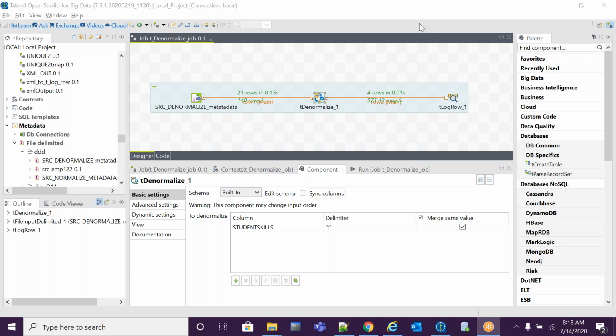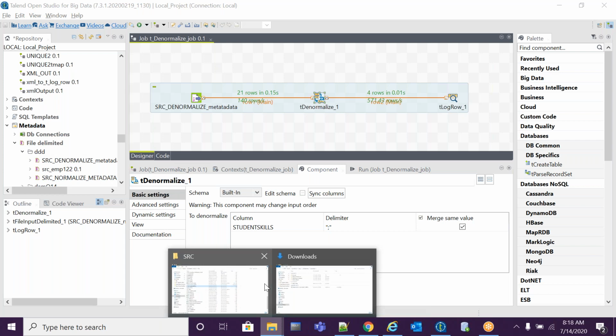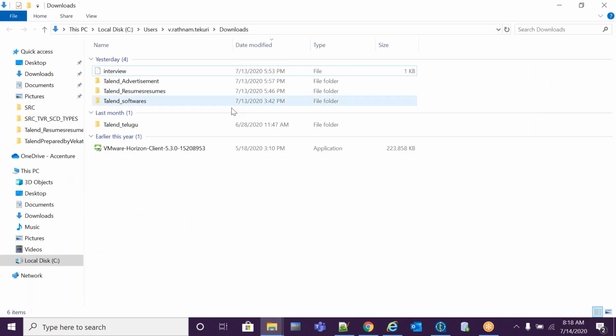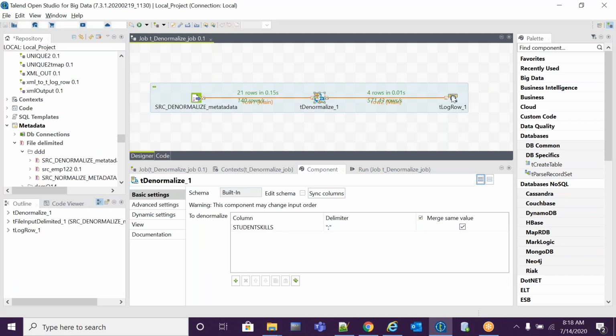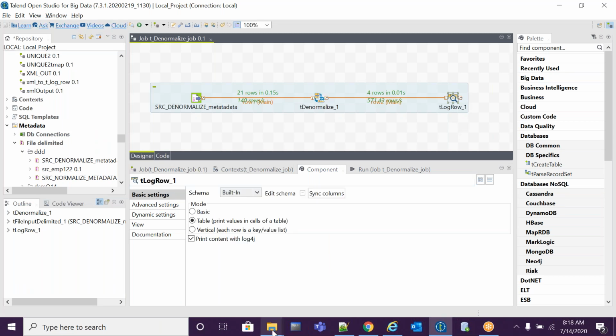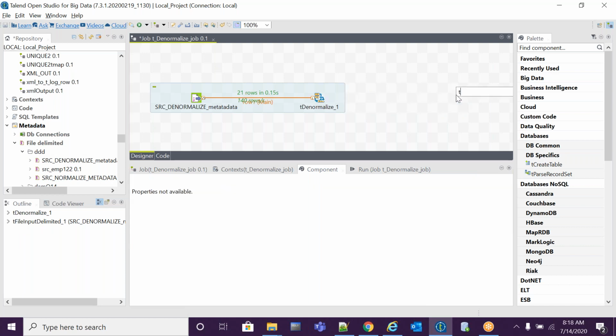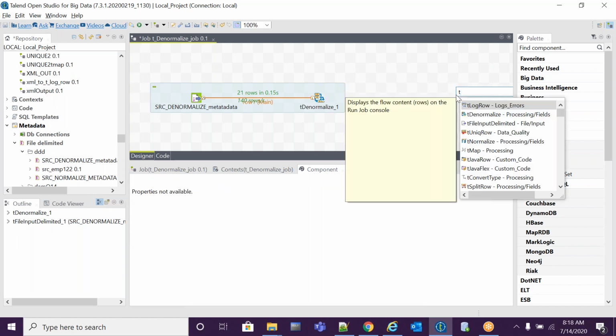Okay. I thought I could complete SCD type 1, type 2. Anyway, you know SCD type 1, type 2. Let me start now. We have time, right? I have taken T-log row, because every time I want to open a file, it will take some time. Suppose if you want to load into a file, we will remove this one. We'll take T file. If you want Excel, you can take Excel.